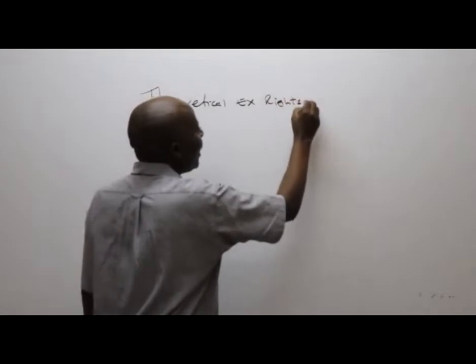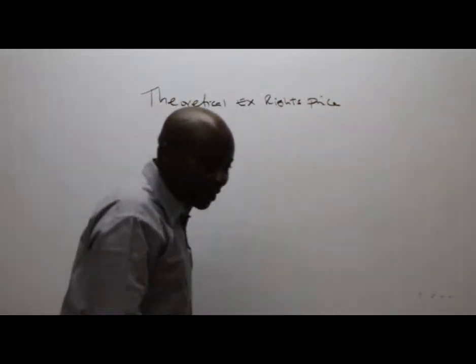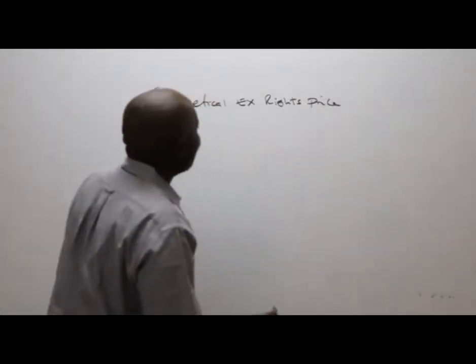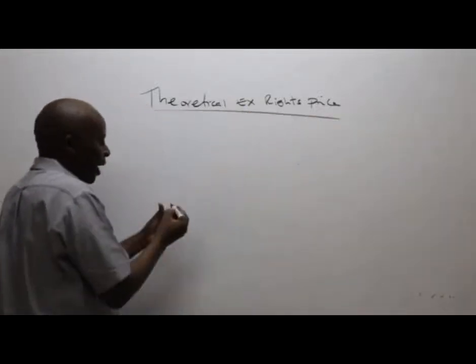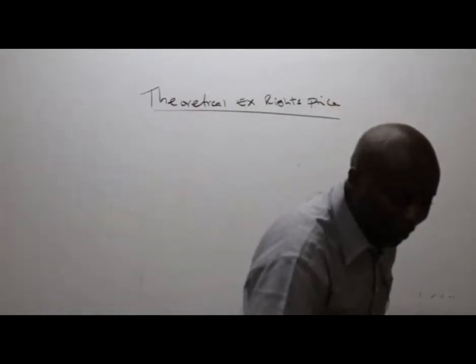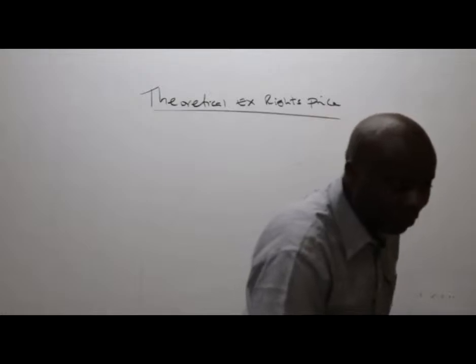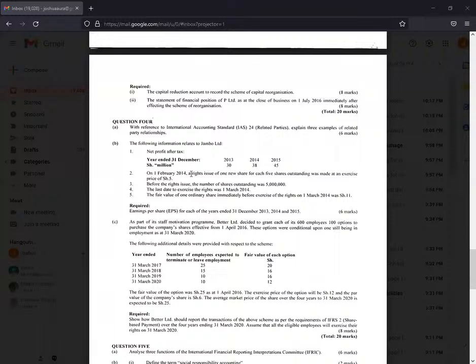X-rights price. This is quite a low-hanging fruit, even if I have not yet reached the number of shares after the rights. So remember, ladies and gentlemen, this theoretical X-rights price is quite easy. Do we have in this case here, have they told us the fraction? Great. I can see students are giving me very many formulas. I can see on 1st February 2014, a rights issue of 1 new